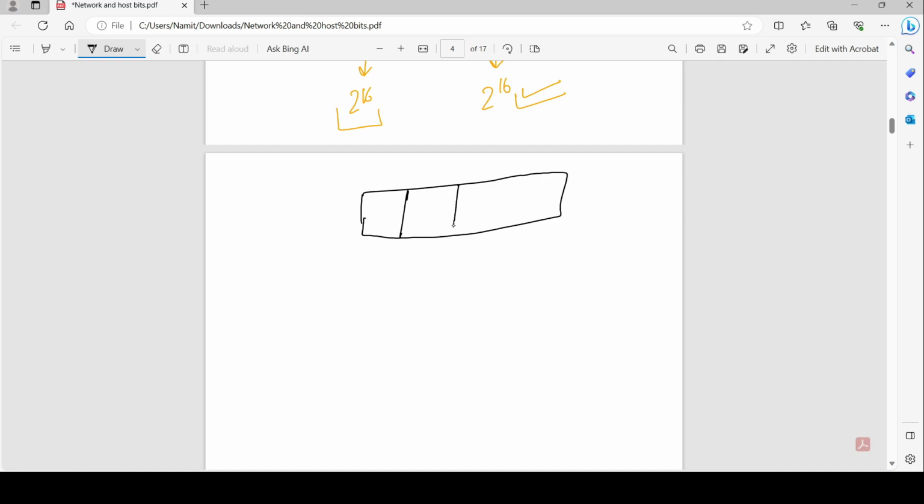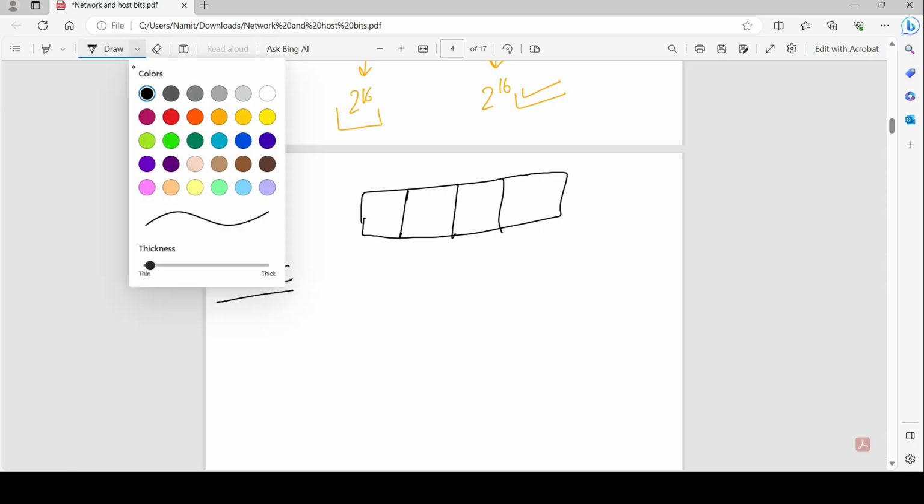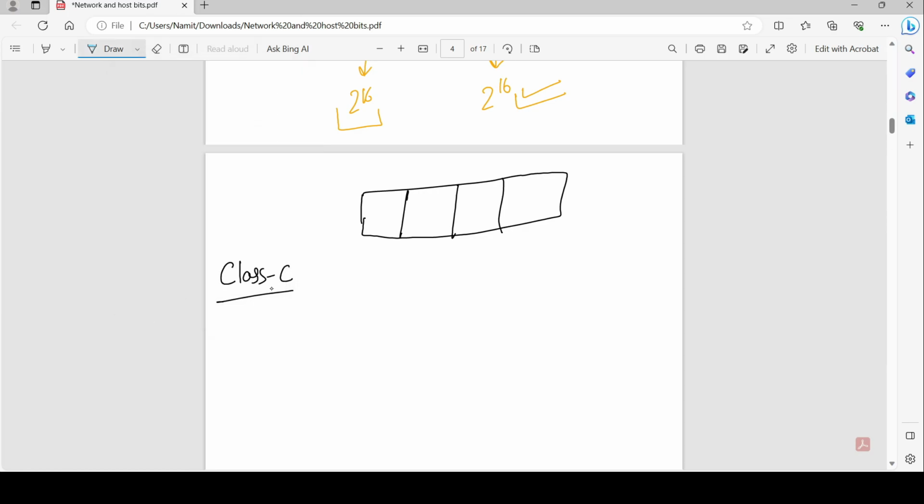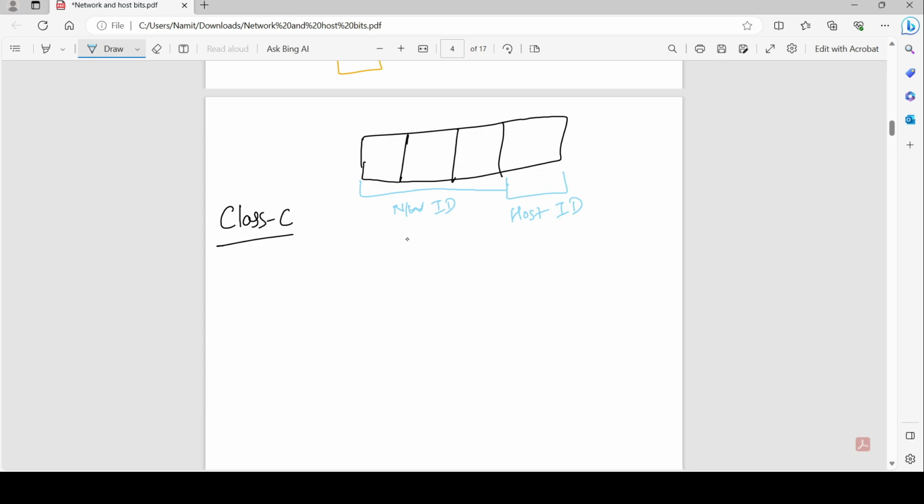Again 1 octet, 2nd octet, 3rd octet and 4th octet. Okay, so we have class C. Within class C I'll do one thing. First 3 octets belong to network ID and the last octet only belongs to host ID, which means what? That your network ID is of 24 bits